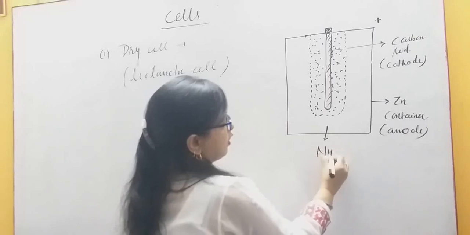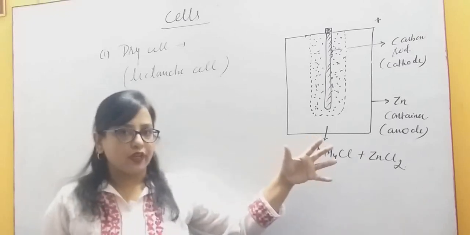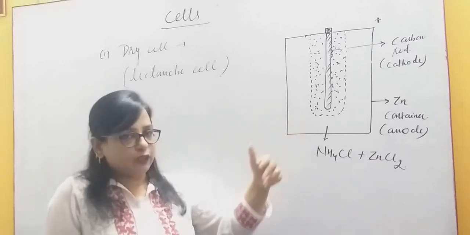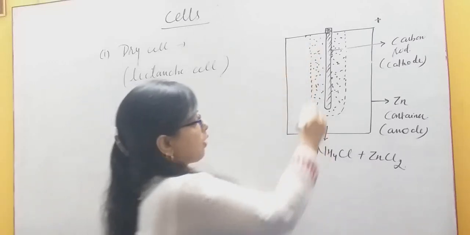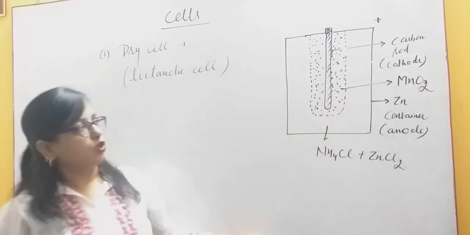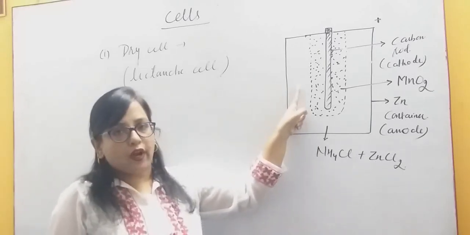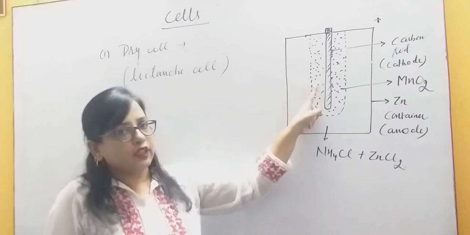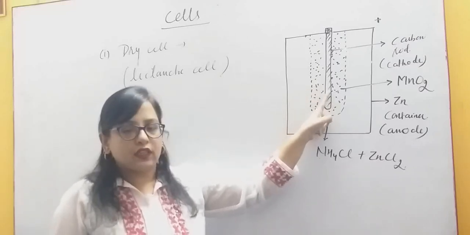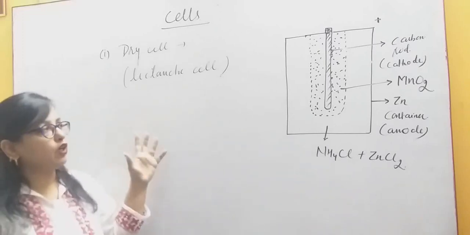This electrolyte is a paste of ammonium chloride and zinc chloride. They are placed together in a mixture and it is in direct contact with the zinc container. This is a drawback of this cell; I will explain it later. And the carbon rod is placed in manganese dioxide. So these are the main parts of the cell: zinc container, ammonium chloride and ZnCl2. Next, it is separated by a porous membrane with the manganese dioxide, and the most internal part is the carbon rod. This is the basic concept of a dry cell, generally known as Leclanche cell.